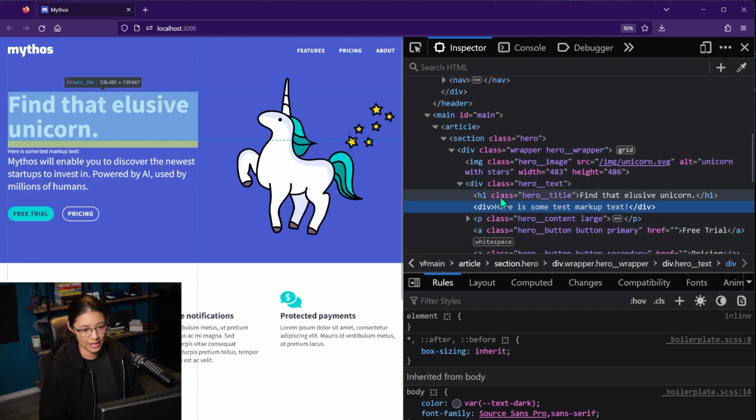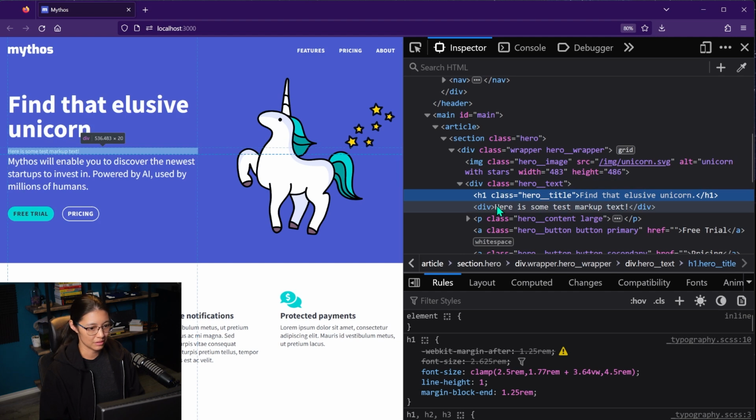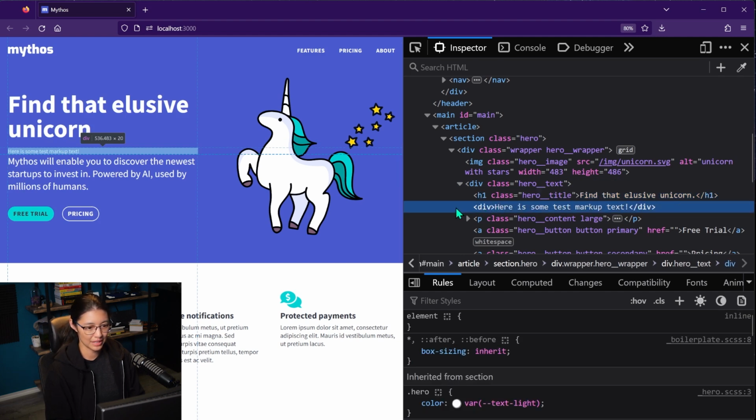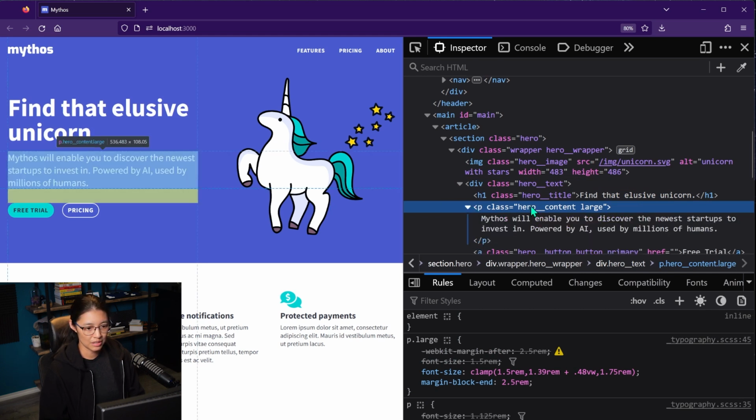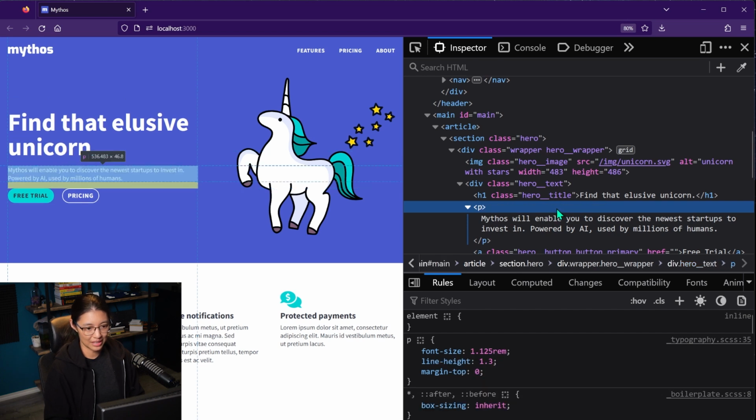And then you can also delete elements on the page as well. So if I click on this element and press the delete key, then it goes away. Another way you can use the delete function is if you click on the tag itself and press delete, it'll delete the actual tag, the entire tag. However, if you want to get rid of a class, you can click on the class in the markup panel and then press delete, and then it's just going to delete the class, but the actual tag will be in there.